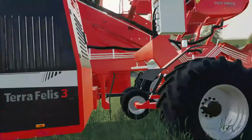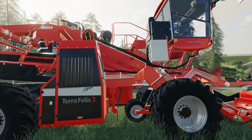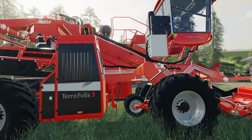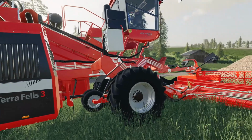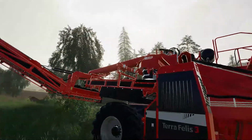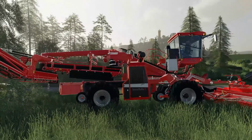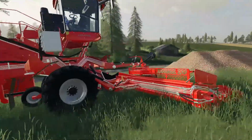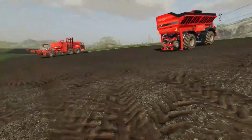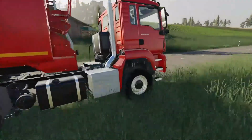Okay, so the Terra Felis. Again, this was a prototype in 2007, wasn't produced until 2010, so this is a fairly new item. This is what they call a cleaner loader. It has a 350 horsepower MAN engine. It has a width of 33 feet, or 10 meters. This boom can rotate 332 degrees around the axis of the vehicle, and it can move 560 tons per hour of sugar beets. 560 tons per hour. It's pretty wild. And we'll talk about world records, because Holmer actually holds a world record for sugar beets. Let's jump in our